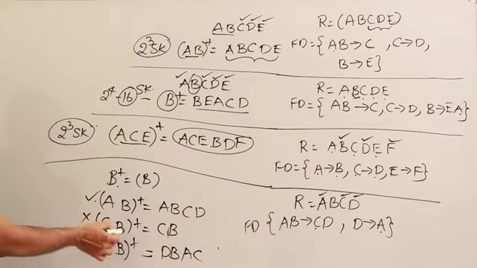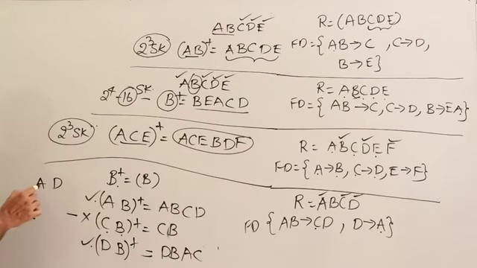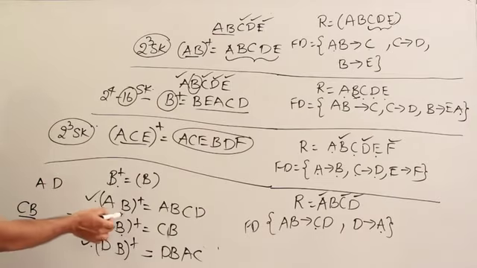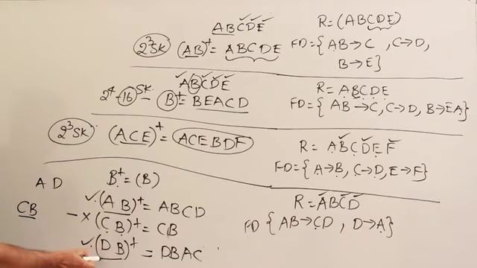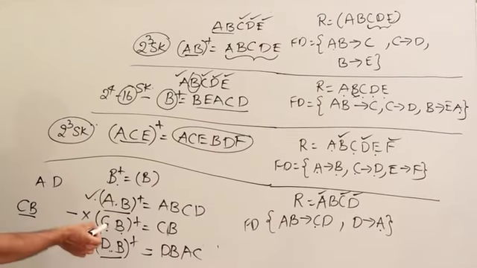Now what to do with CB? Let me see if I could add something to this and get a candidate key. CB is a key. Let me see if I could add something to this. Already D is included, sorry, B should be there. Now CB is there, and what are remaining? Only AD are there, right? Either I could add A or D to get a 3 attribute. See, I cannot take AB or DB and add one more attribute and get a candidate key. That will become a super key, because this is already a candidate key, isn't it? That is why I am testing this.